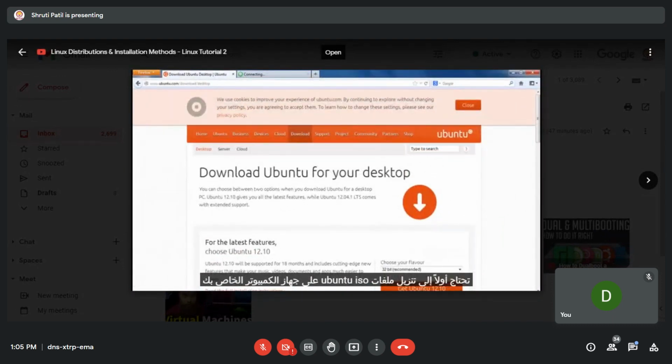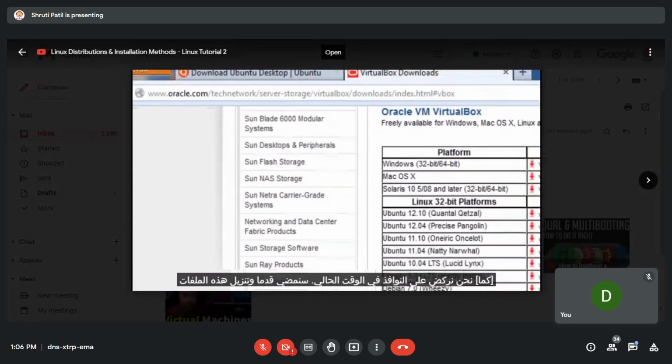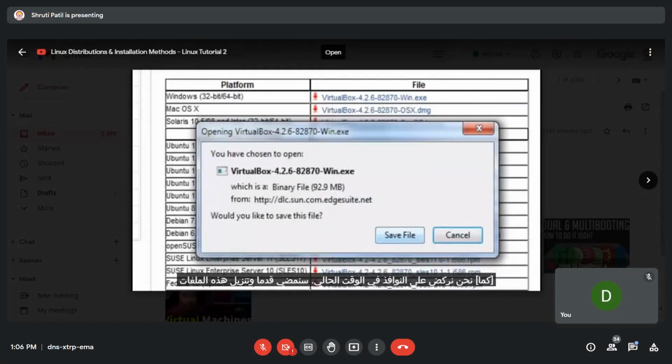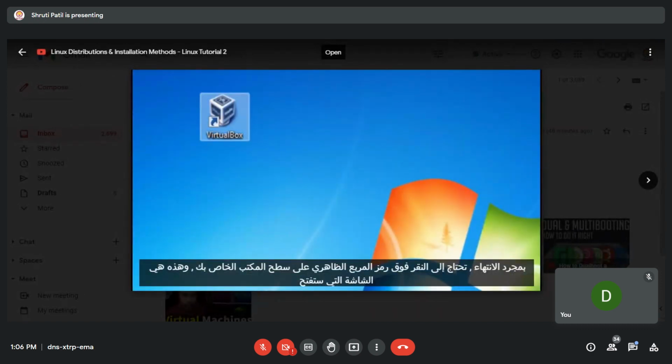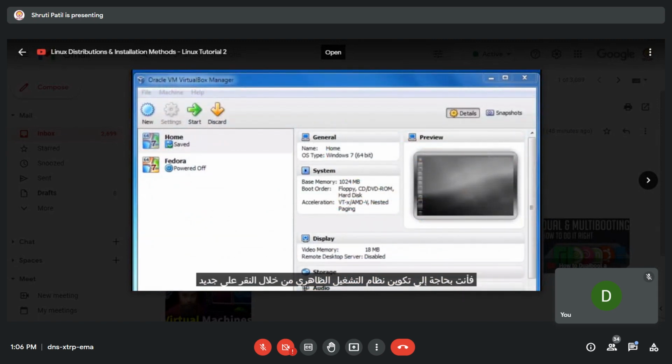Again, you first need to download the Ubuntu ISO files on your computer. Then you need to download the installation files for Oracle VM VirtualBox. As we are running on Windows right now, we will go ahead and download these files. So let us download and install Oracle VM on the computer. Once done, you need to click on the VirtualBox icon on your desktop, and this is the screen that would open. Then you need to configure the virtual operating system by clicking on New,